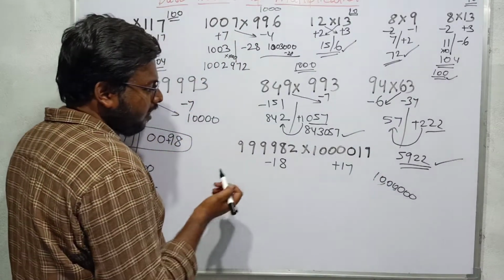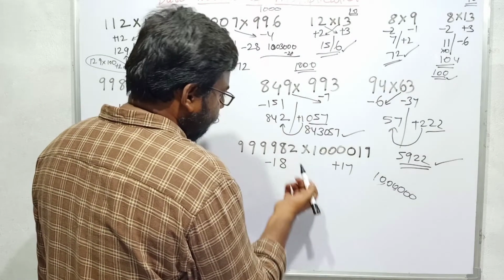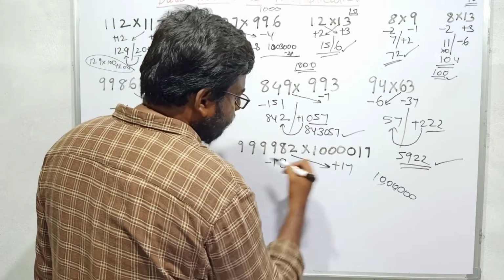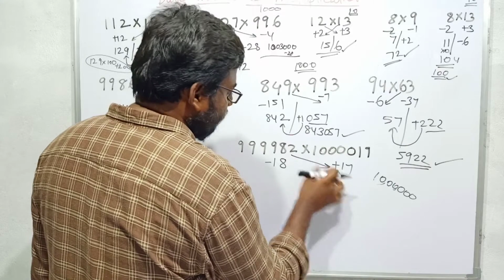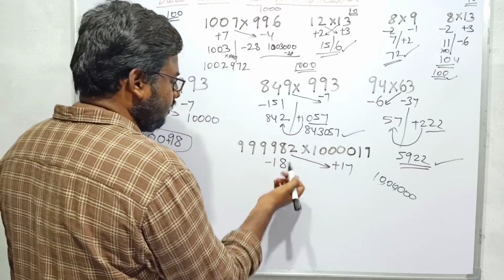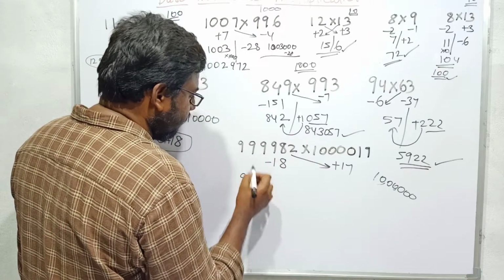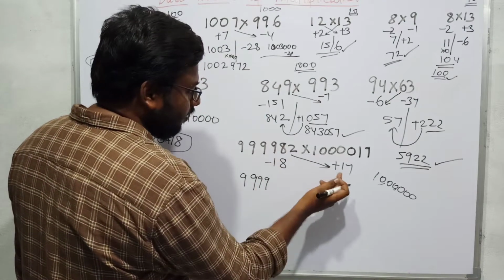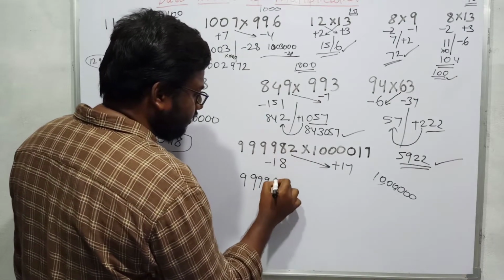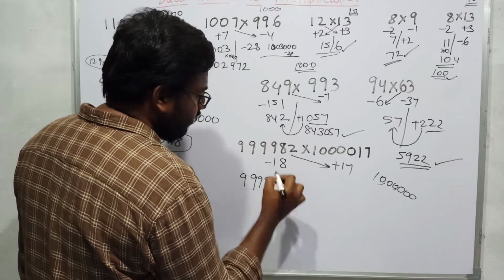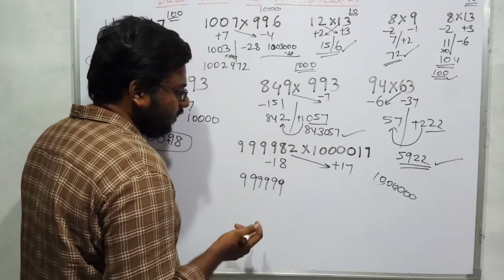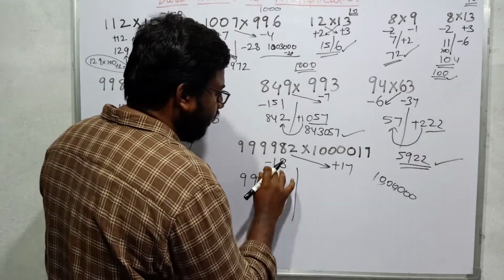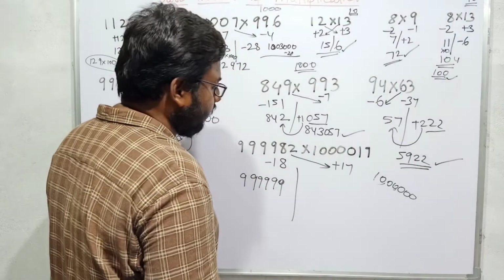So if I operate on small number, this is plus 7. Okay, no problem. So the small number in that, what I will get? 9999. 82 plus 70 plus 17 is how much? Means this is 99 only. No problem. We got 99 here, and it is slash, and minus 18 plus 17.